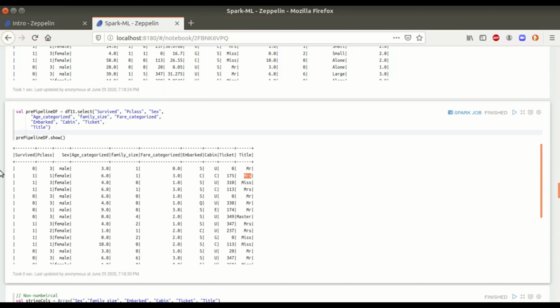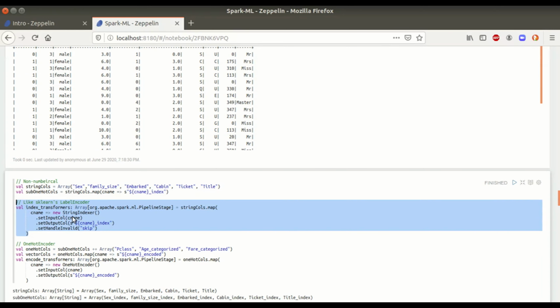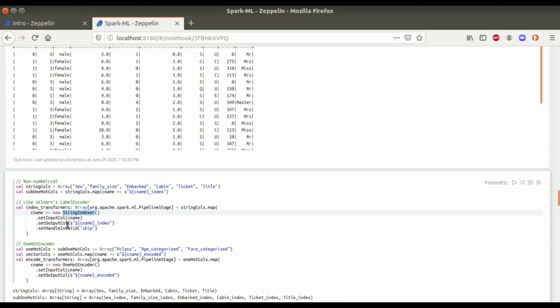The ideal practice which we follow on categorical variables in machine learning is, first we apply the label encoder from sklearn, and then if we want to apply an additional step, we apply one-hot encoder as well. In this example, I try to do the same thing. First I am applying the label encoder. Spark has a string indexer, so it basically applies 0, 1, 2, 3, 4 numbers to each and every category.